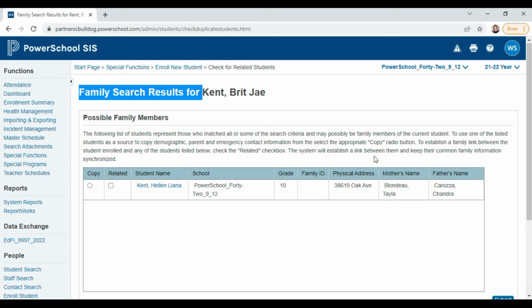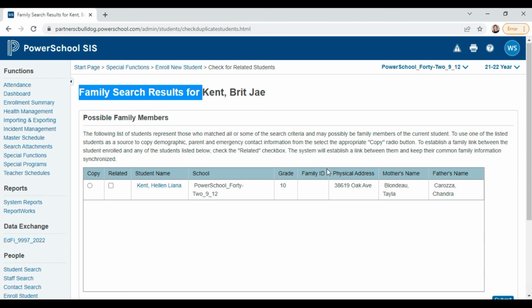I can select the appropriate copy radio button, and to establish a family link between the student enrolled and any of the students listed below, I can check the related checkbox, and it says the system will establish a link between them and keep their common family information synchronized. So we'll just pretend that this is actually not a match, and I won't click that today, but just so you can see what that looks like.